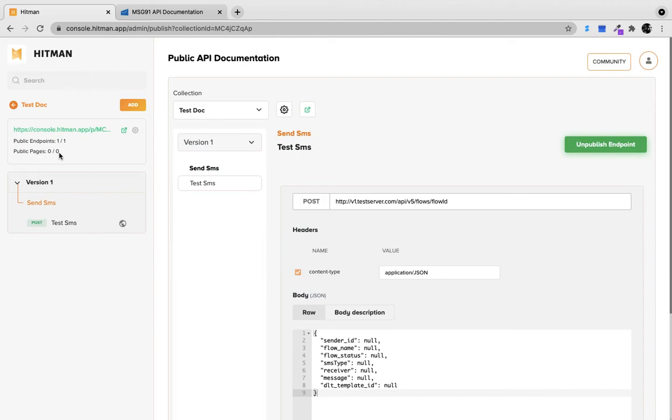Pages is something where you add some information around the API documentation or a group or an API endpoint to let clients know what this API endpoint can do, what this API is all about, what this collection is all about. You can add FAQs or things like that.